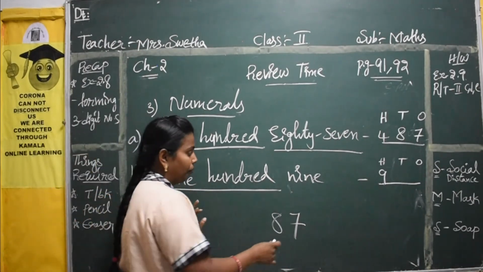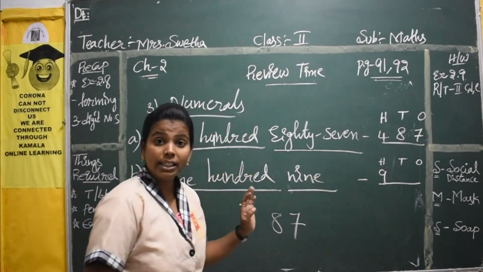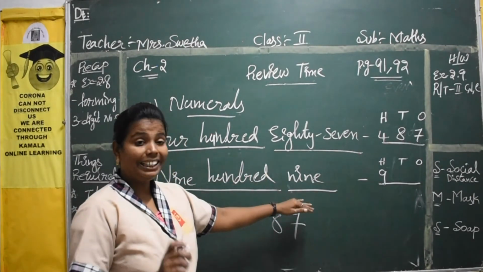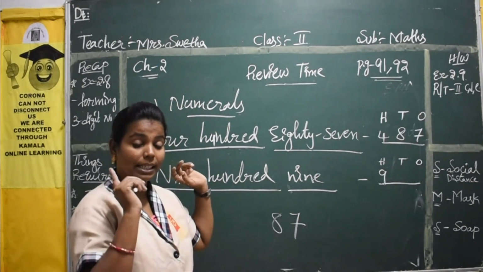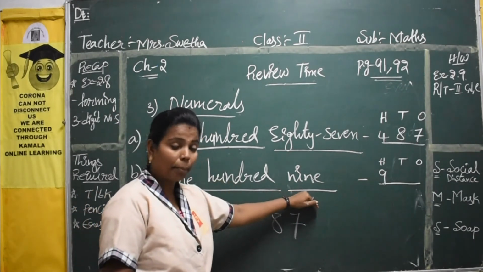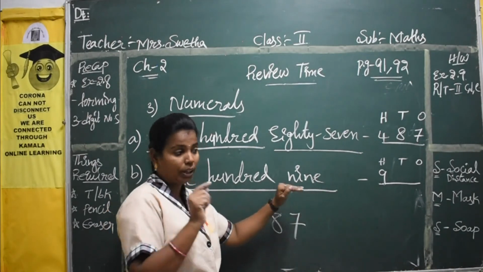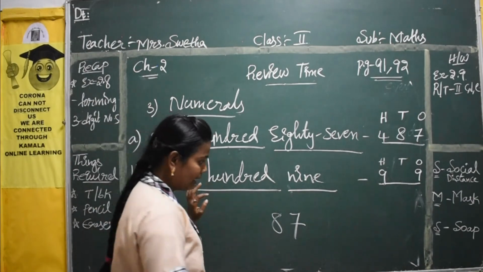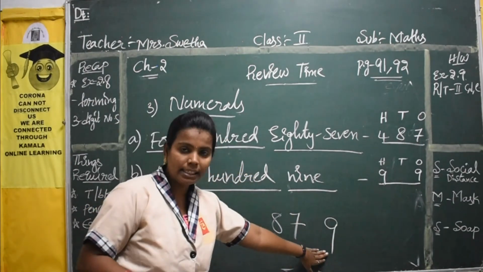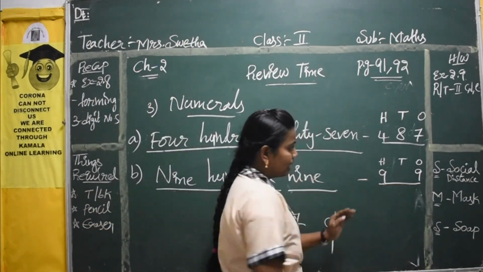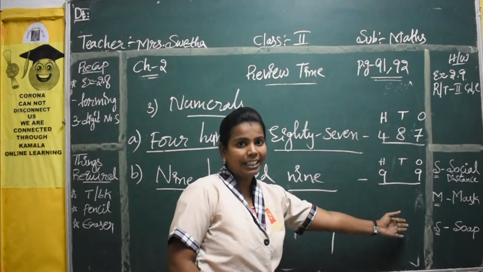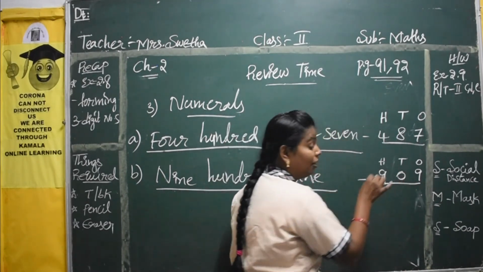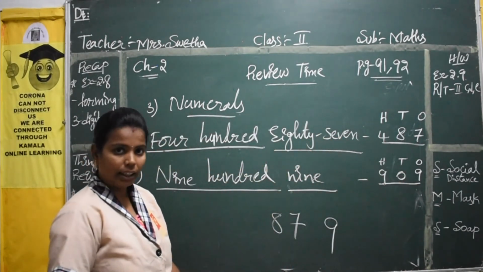Let us check in the question. We have the number 9. See here we don't have two numbers. We have only the number 9. So it is a single number 9 in the ones place. Whichever number we have here, it is only 9. So 9 you have to take in the last place. If it is a single number, we will take it in the last place. See the middle place. The middle place we have empty. So whichever place is empty, we will fill with the 0. Okay. We will fill that place with the 0.